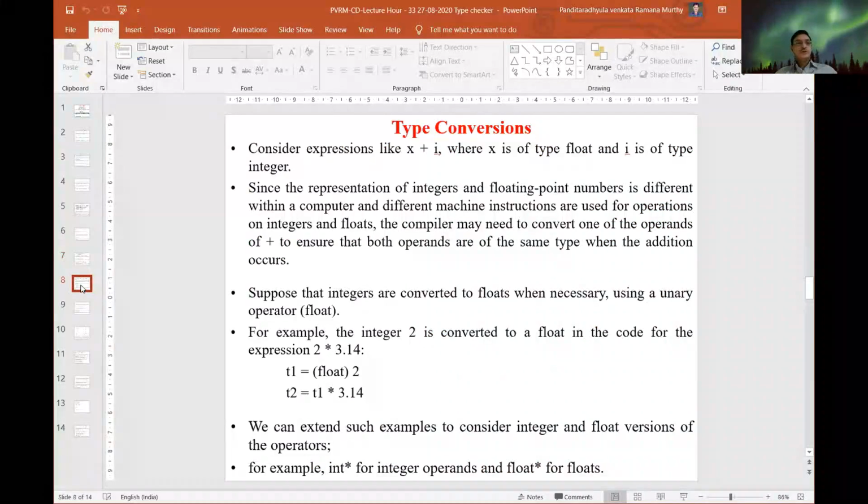Anything combined with void gives void. So this is the meaning of type expressions.